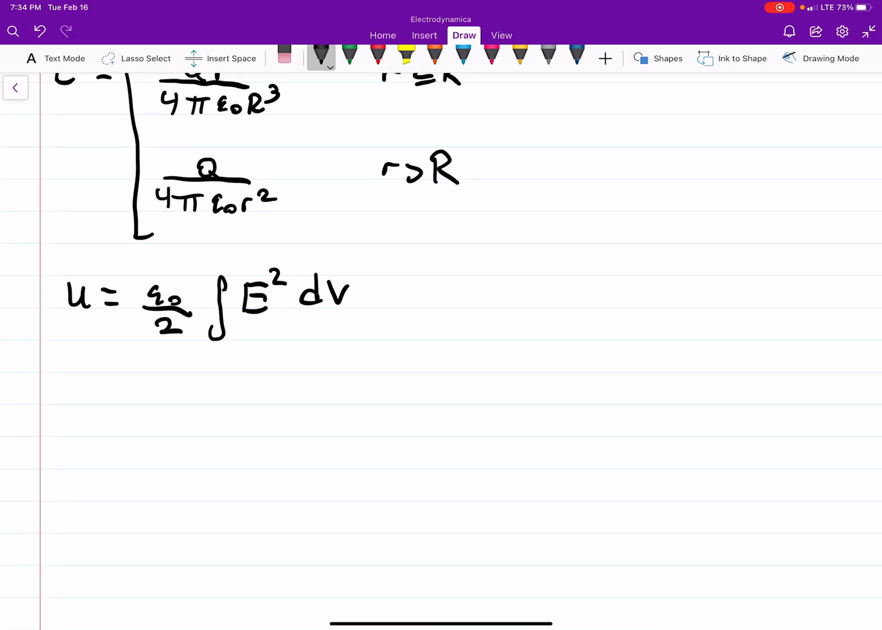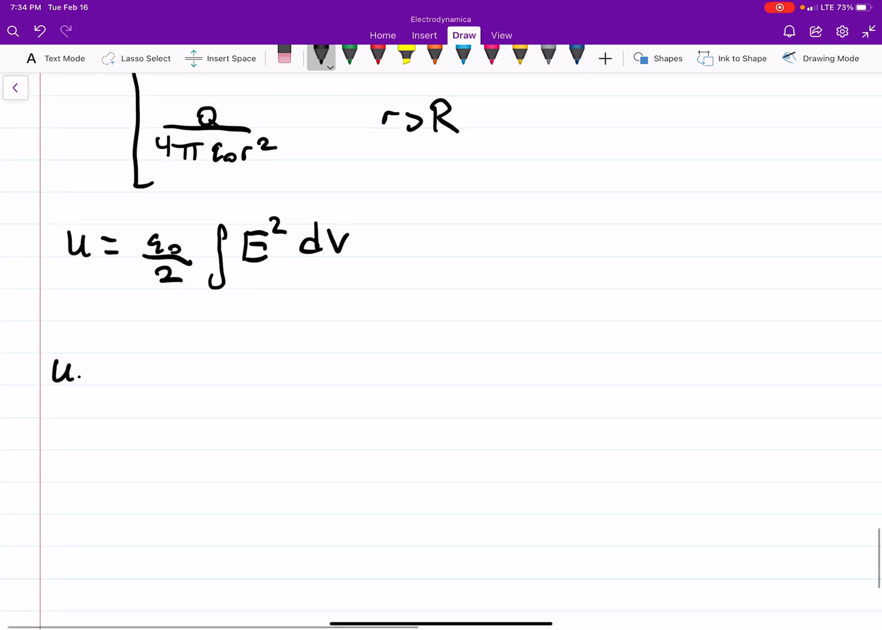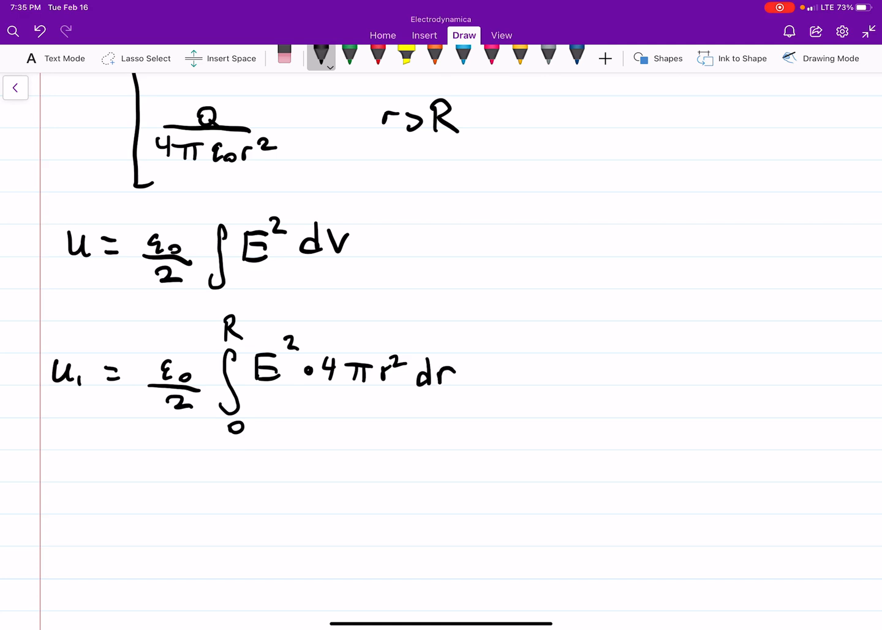Okay, so we can write U1, so this could be inside, for example, is epsilon naught over 2. We'll integrate from 0 to R, E squared, times the surface area of our Gaussian, which is 4 pi r squared, and then dr for the thickness there. And this is pretty easy to solve for, right? We'll get